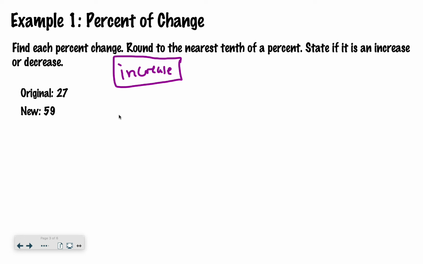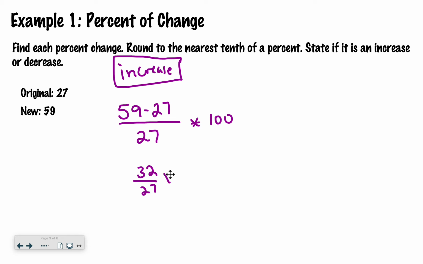And now I'm going to do what I just showed you on the last page where we take our new, in this case 59, minus our original, which is 27, divided by our original, 27, and then say times 100. So 59 minus 27 is going to be 32. So I have 32 divided by 27 times 100. If I do 32 divided by 27, it's a big long decimal, and then I'm going to hit times 100, and I get